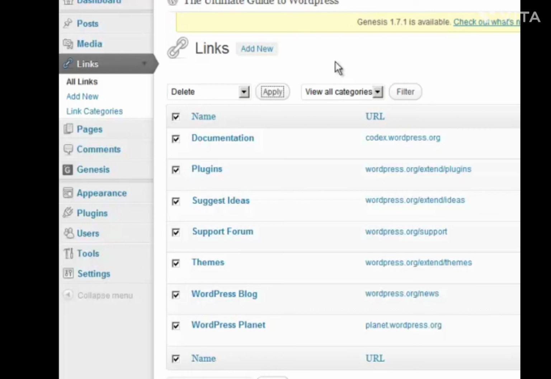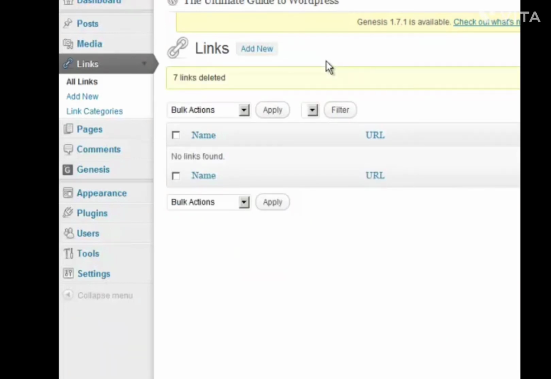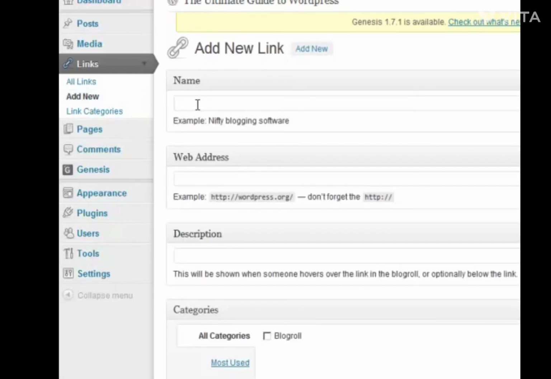Once you're done with that, we can add some new links. Now these are outbound links that may go to partner websites or reference websites or affiliate websites or what have you. I will show you how to add a link. So click on Add New. Click on the name for your link. This is going to be the text that appears as a hyperlink in your blog roll. So we're just going to call this one Google, and then we're going to type in the full URL